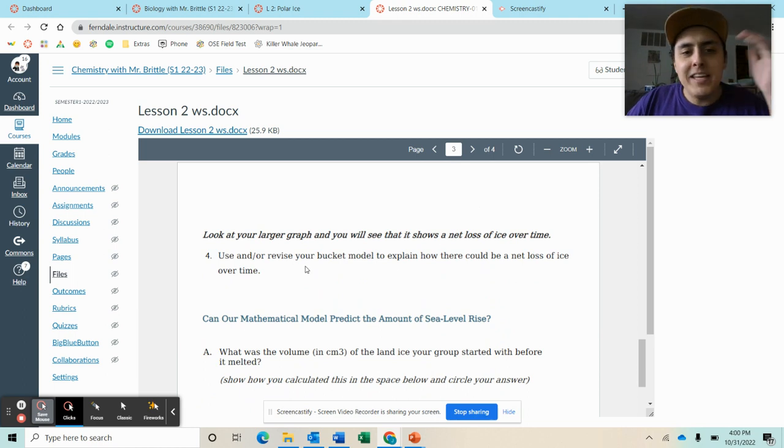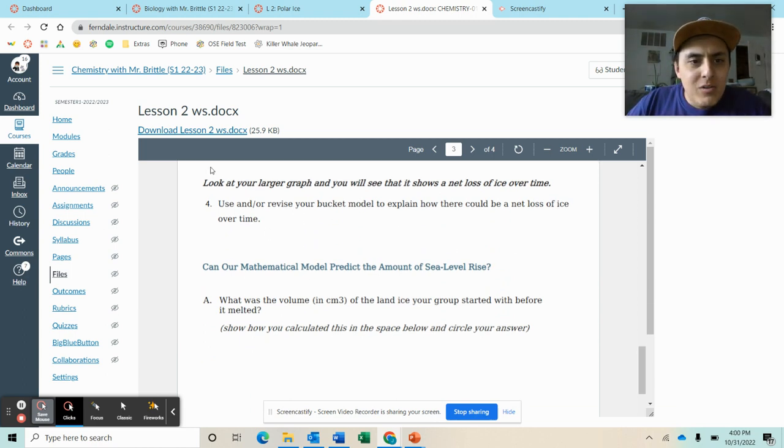And then here, it's asking you to look at your larger graph, and you will see that it shows a net loss of ice over time. So use and/or revise your bucket model to explain how there could be a net loss of ice over time. Basically, if the ice sheets are continuing to freeze and build up ice and continuing to melt, depending on the time of year, what does it mean for there to be a net loss of ice over time